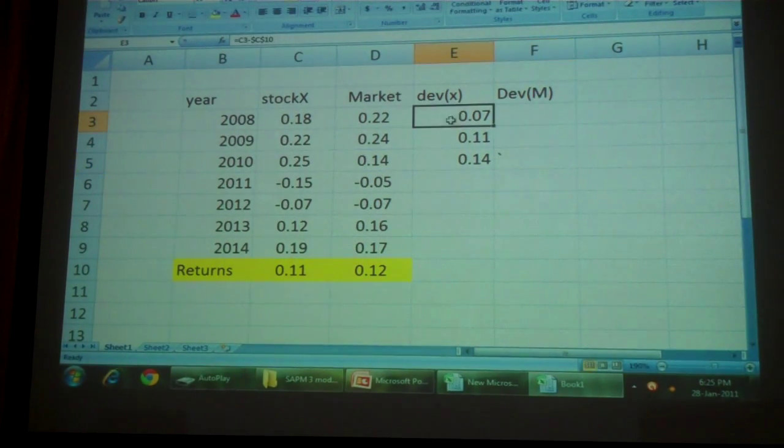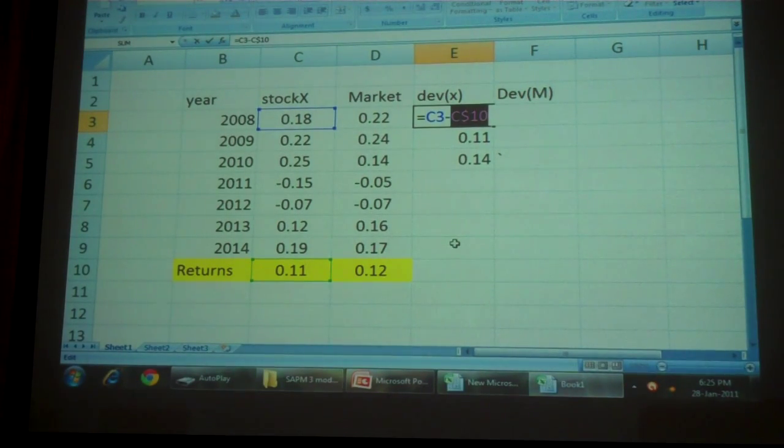So I don't want that. So while locking this C10, I will click once again F4. Now what happens? C is unlocked, only 10 is locked. Click again F4, C is locked, 10 is unlocked. Click again F4, both are unlocked. Now it went back to the normal situation. This F4 button is used for locking, very simple locking. So once I press F4, both C and 10 are locked. But I don't want C to be locked. I want only 10 to be locked. So I will keep it at this level.